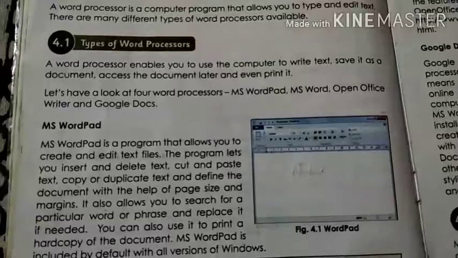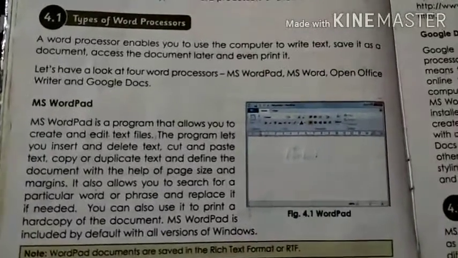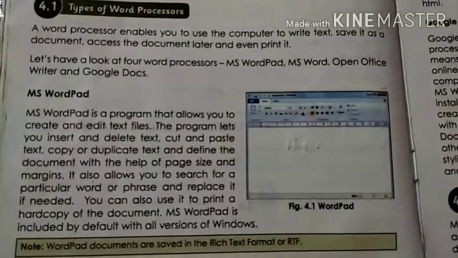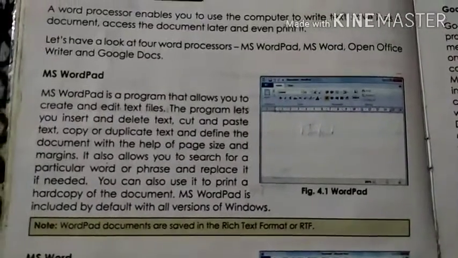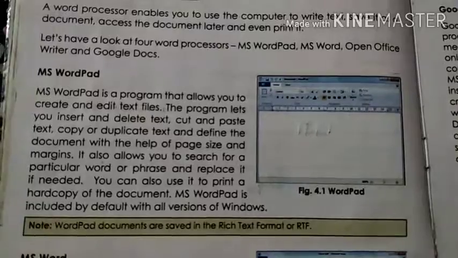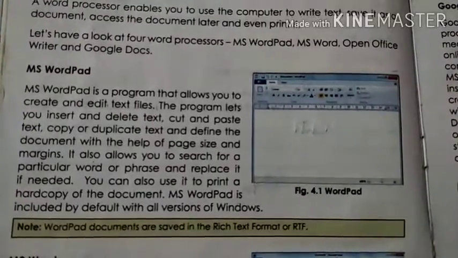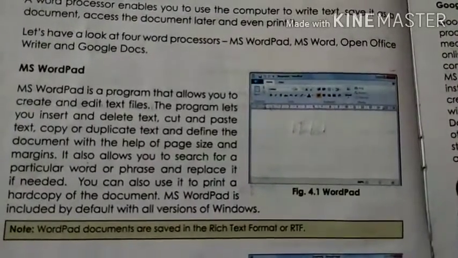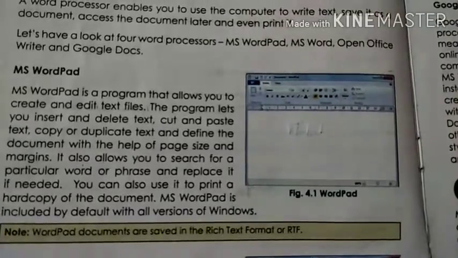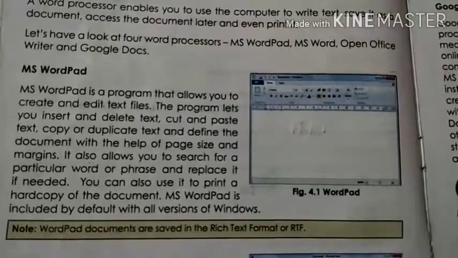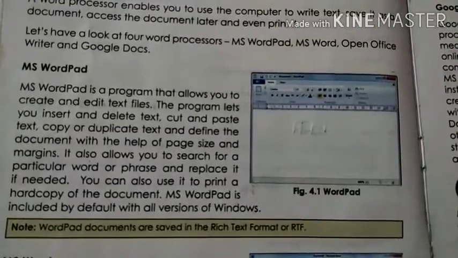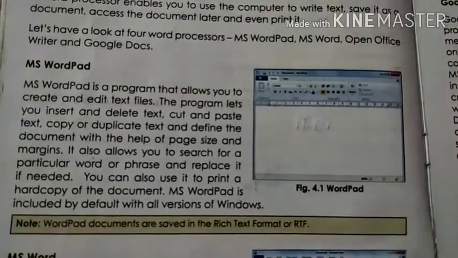So again, MS WordPad is used to type and edit the text. It allows you to insert letters and delete text. You can also apply other commands, that is cut, paste and copy, paste.